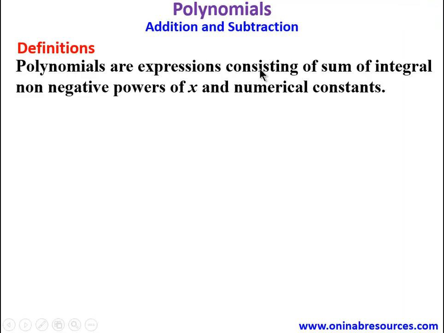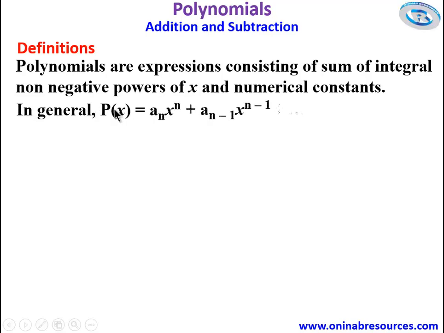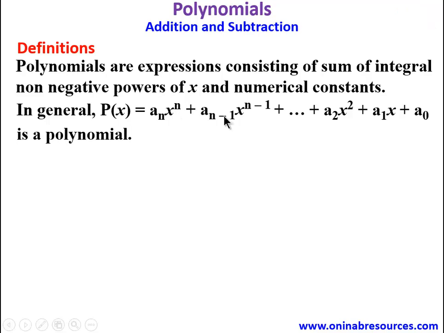Polynomials are expressions consisting of sum of integral non-negative powers of x and numerical constants. In general, p of x is equal to a_n x raised to power n plus a_(n-1) x raised to power n minus 1 plus ... that is representing some other terms before we get to a_2 x raised to power 2 plus a_1 x plus a_0